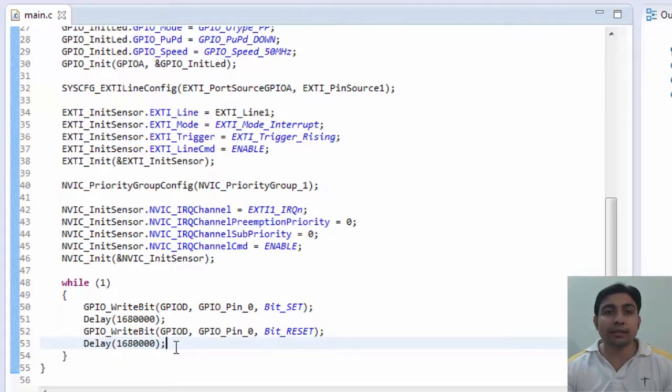Now let's write the ISR for external interrupt line 1.